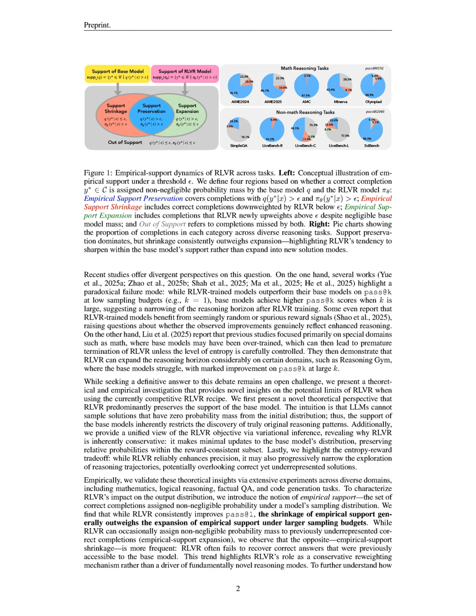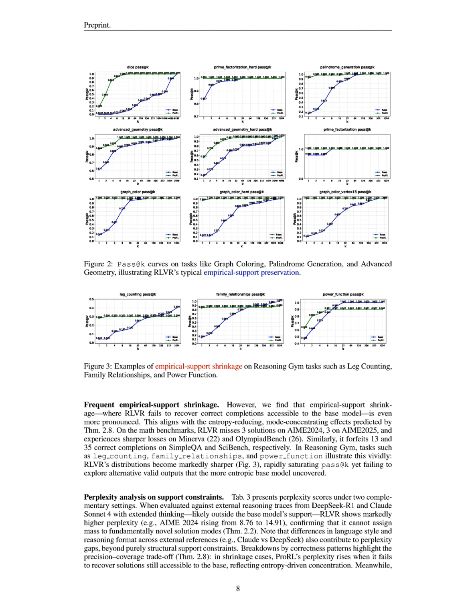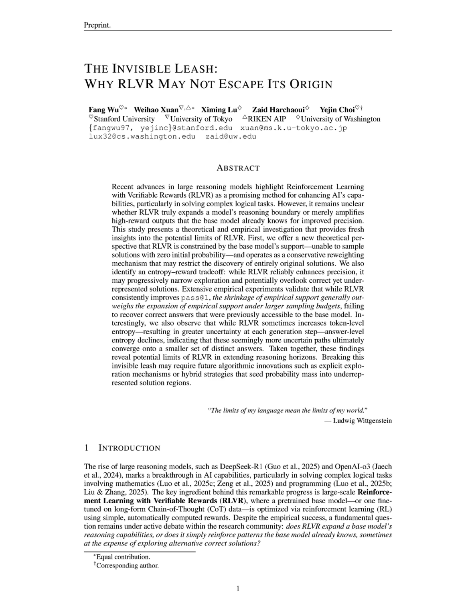RLVR modifies the probability distribution of tokens by concentrating probability mass on high-reward completions while often reducing the overall diversity of outputs. For instance, in mathematical reasoning tasks, RLVR may enhance the model's ability to produce correct answers by sharpening the distribution around known high-reward solutions, thus improving pass-at-one accuracy from 48.9% to 65.4%. However, this sharpening effect leads to a decrease in answer-level entropy, indicating that the model converges on